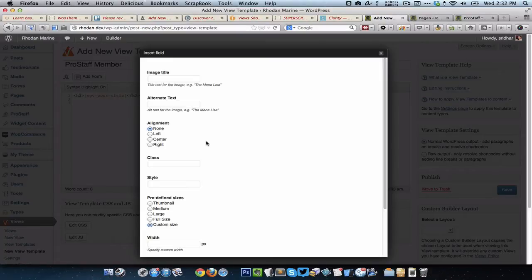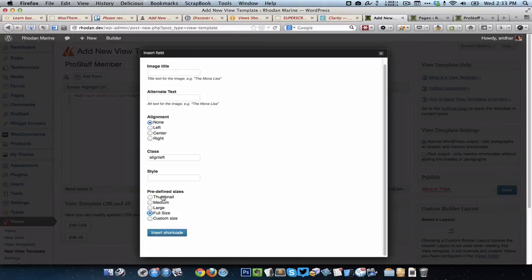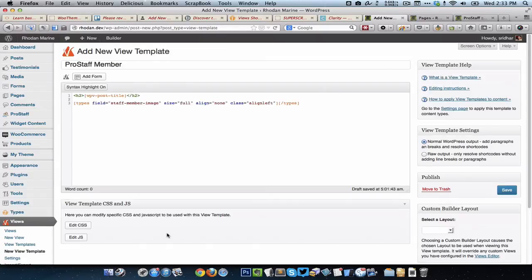So I'm going to give it a class of align left, and I want the full size of the image to appear, and I'm going to click on insert shortcode. That automatically inserts the required shortcode to display the image.